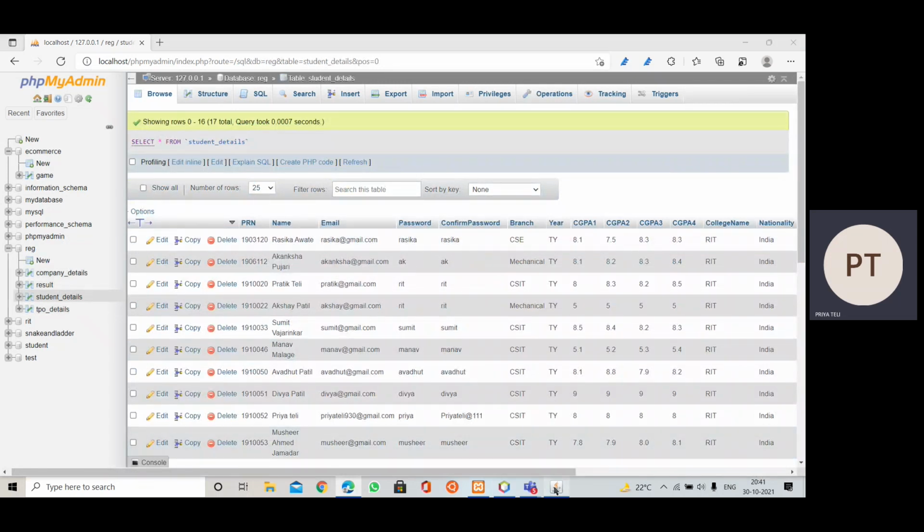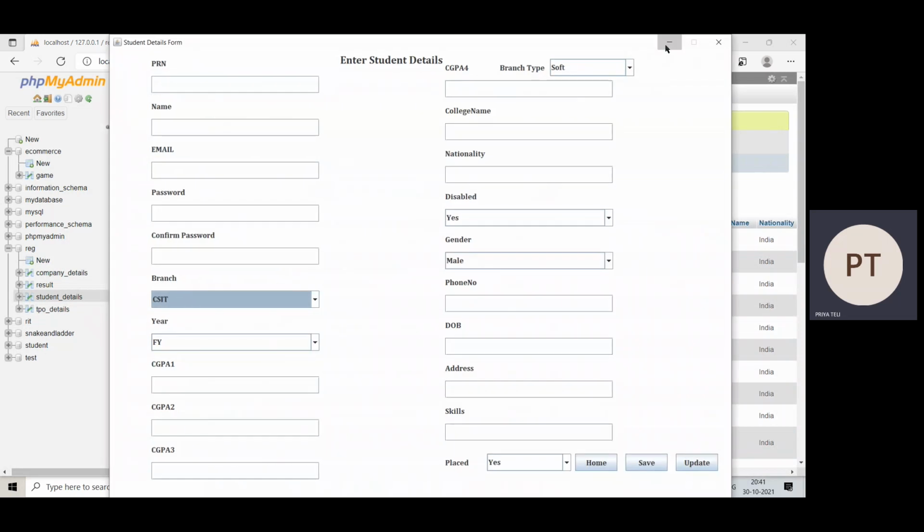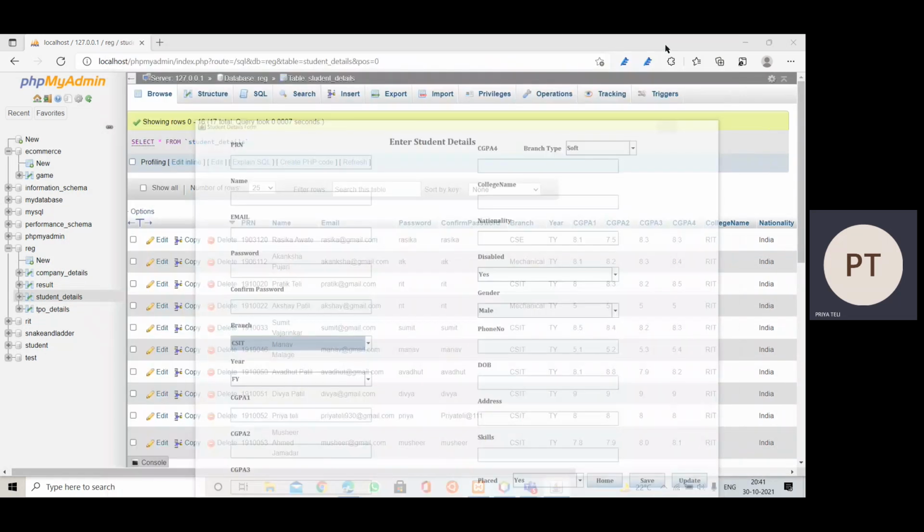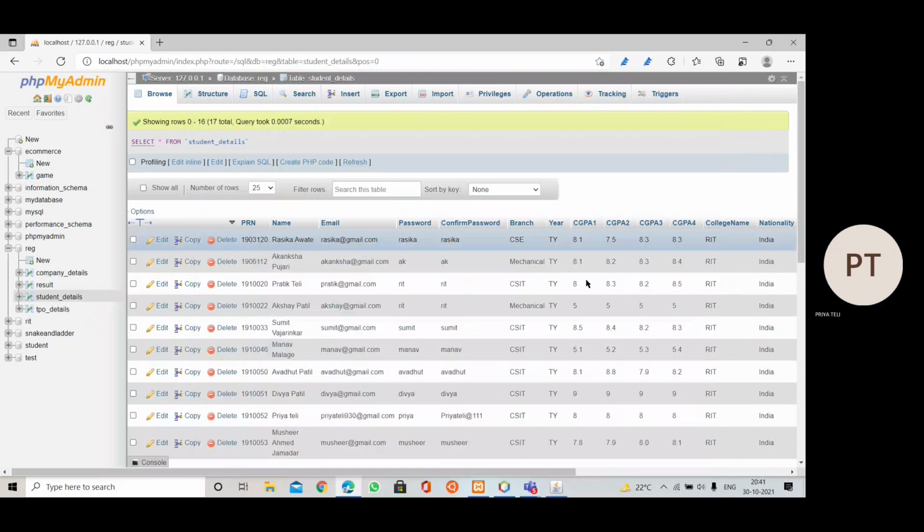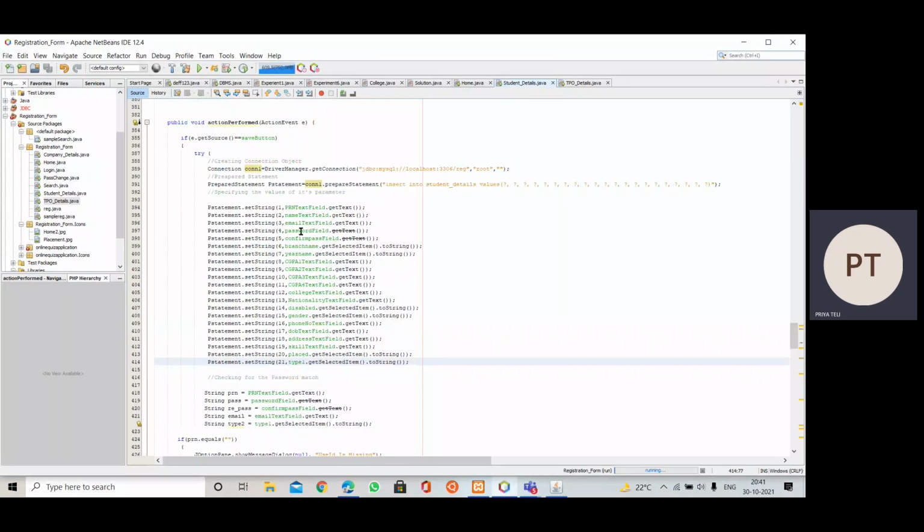We have question marks as per the columns, but each value should be inserted into the proper column. PRN should be inserted into the PRN field, name should be inserted into the name field. That's why it is mandatory to check the sequence in the table, and in the same manner we write the sequence here.